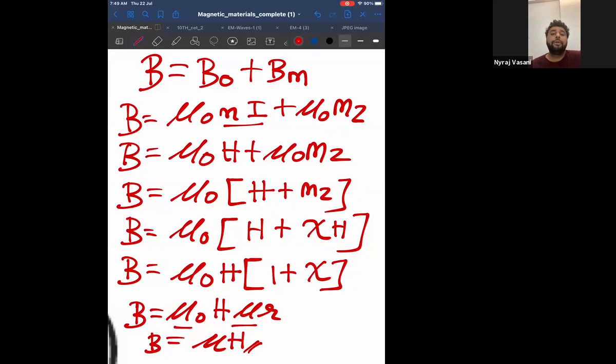Wording can be anything. You have to look at the unit. So in future, don't get confused whether H is given or B is given. Okay. Now,